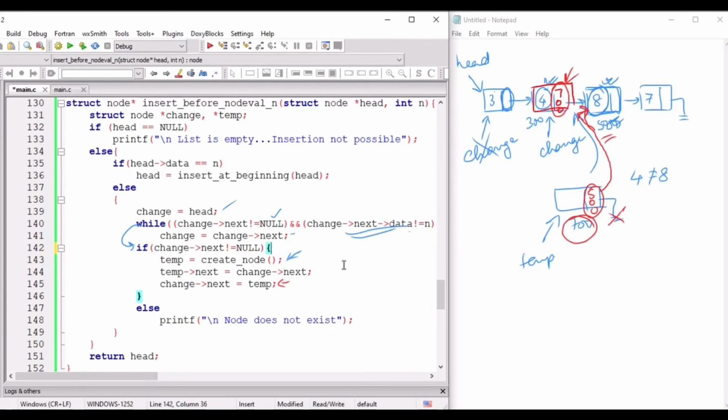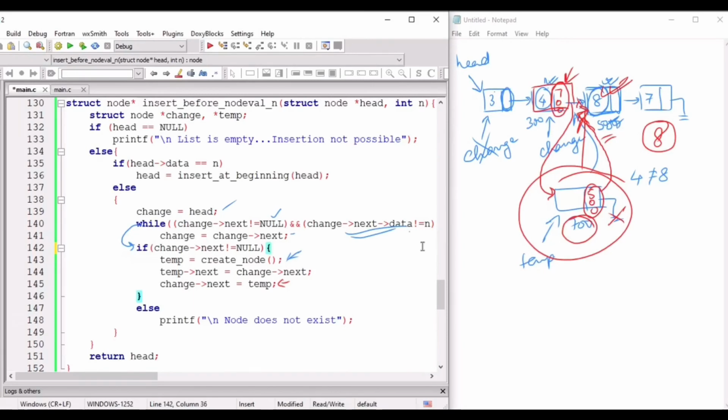Once we do that, this link automatically gets broken and this node now points to this particular node. Therefore, our node gets inserted right before the node having value n, which in this case is 8. So this is how we can insert a node before a node having value n.